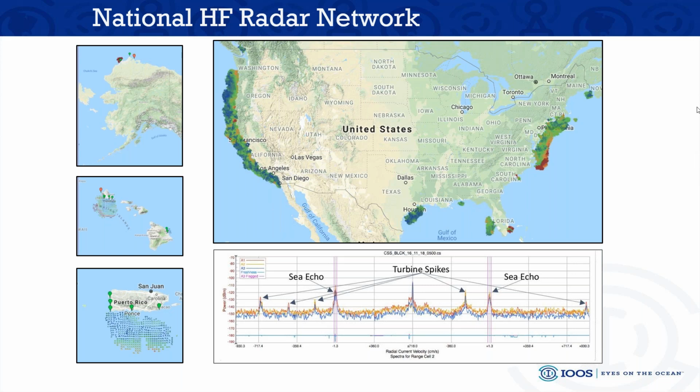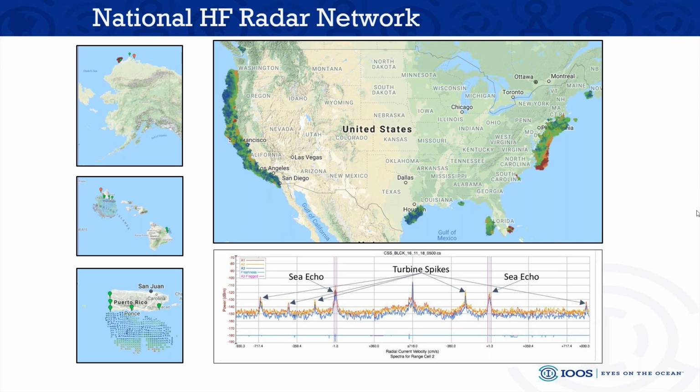We operate a little bit differently than many other federal programs in that the primary implementers of our observing systems are scientists, engineers, managers, et cetera, from academia, nonprofits, and the private sector. They are not NOAA employees. So NOAA provides base funding to serve as a foundation for these regional associations to build on. But the implementers, as I said, are from the private sector and academia primarily.